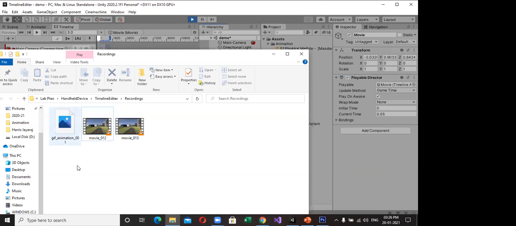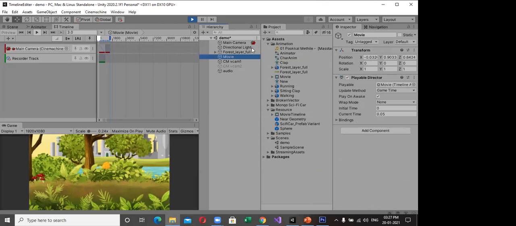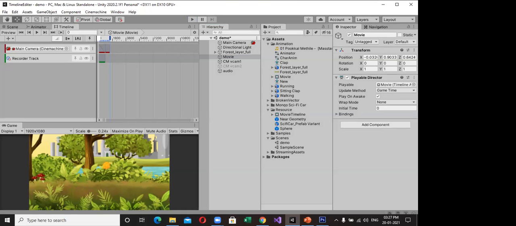Here, your zip animation will be generated over there. See that. This one is a zip animation. Next, if you want to create a movie, you have to select movie and run the game. Okay, your movie clip will be generated. If you want animation clip, the same way you run it. So this is the way you get your final output. If you want to work with 2D movies, and also if you are in your game, you add your cutscenes. So everything is done by timeline editor only.